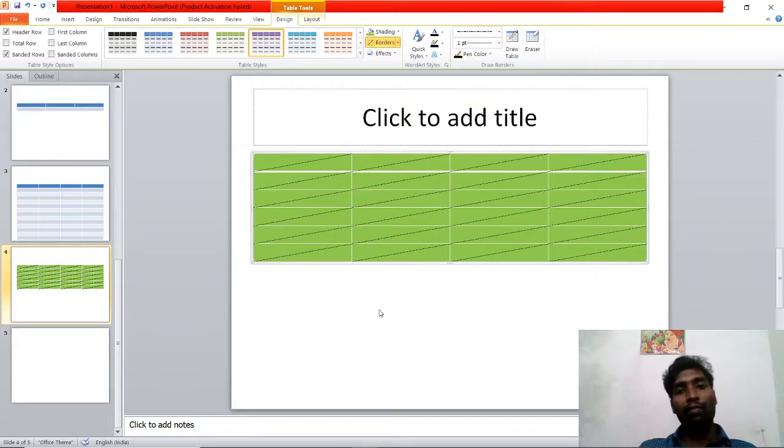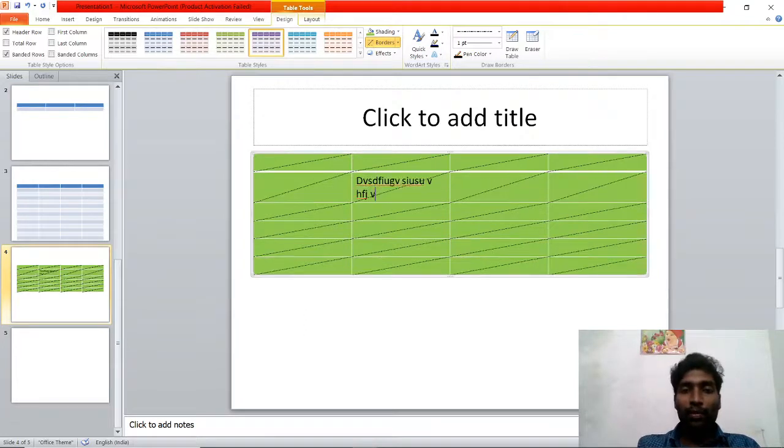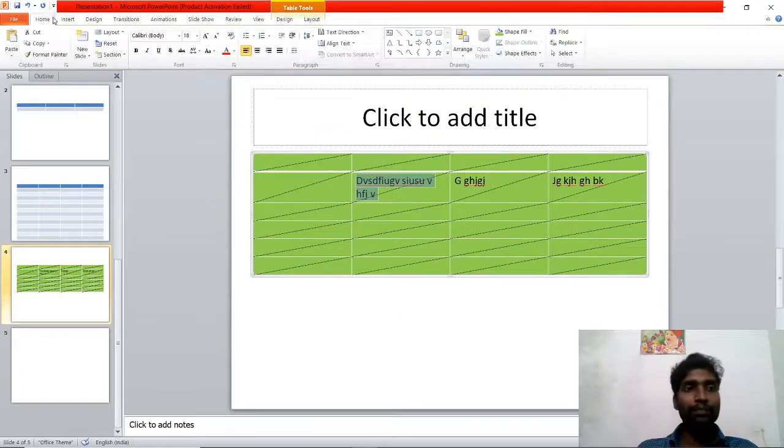After these formatting tools, we are going to see aligning text. Whatever text you type in a table, you have to select all, or if you want to apply it to a particular cell, select that cell. In the Home tab, alignment is there. If you select the entire cell and click Center, everything comes to the center.